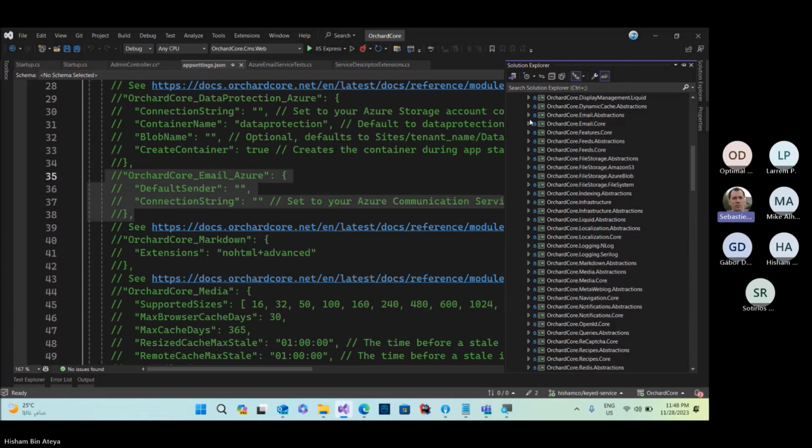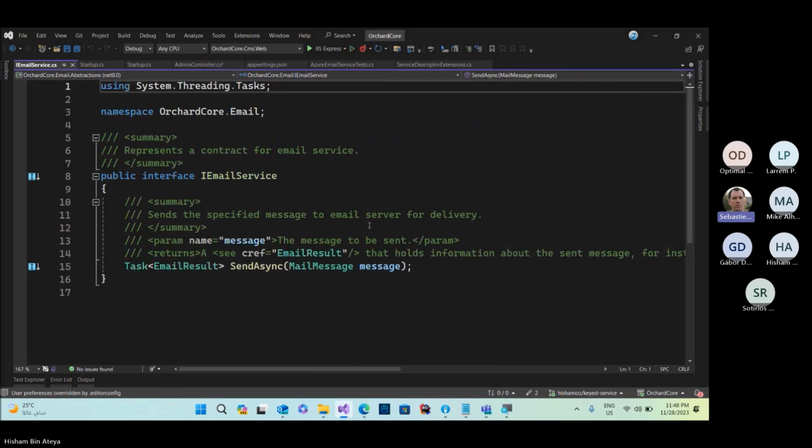However, it's funny because as soon as you showed that, I was like, oh, we need to use keyed services. And the second after, you showed the keyed services, so that's great. And that's something I didn't mention with .NET 8. Yeah, there is keyed services, so it's typically something we will use in Orchard everywhere because we have so many implementations that we want to be specific to some components or to be able to pick one implementation over the other for some components, that it would be super useful.